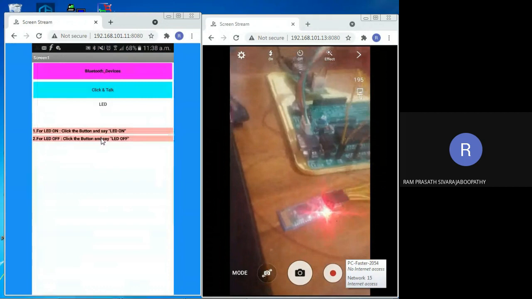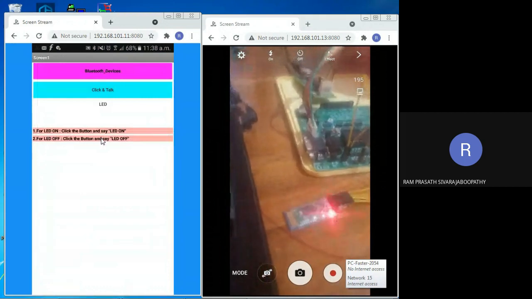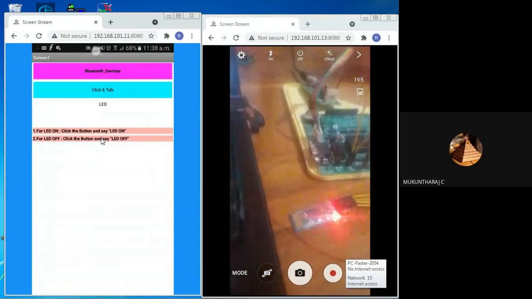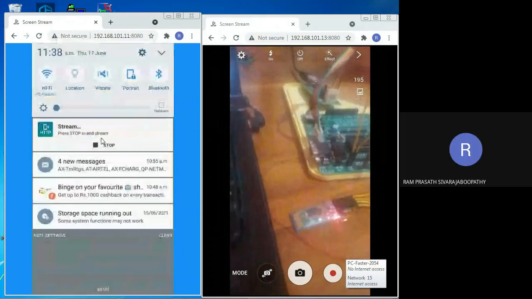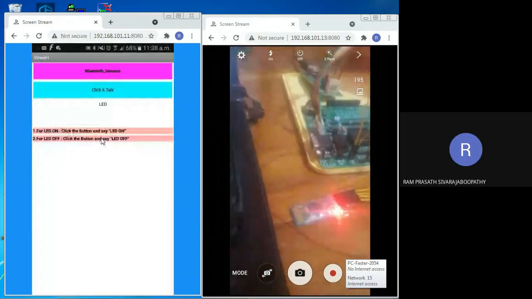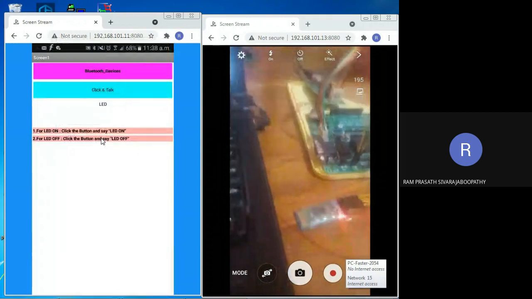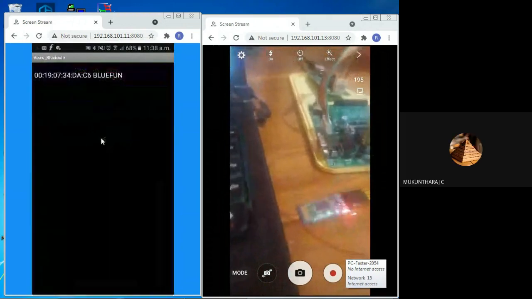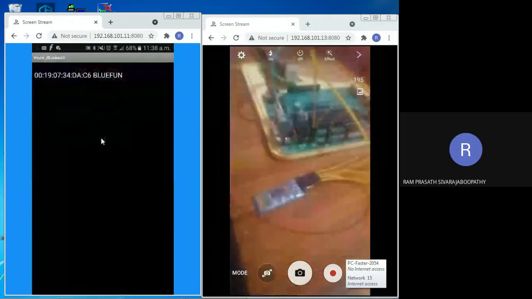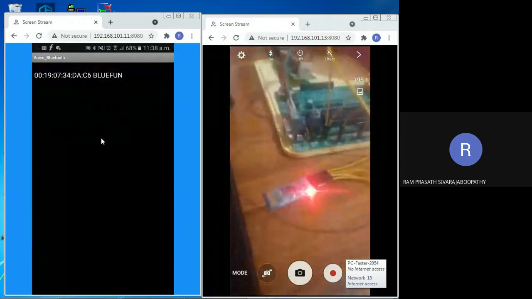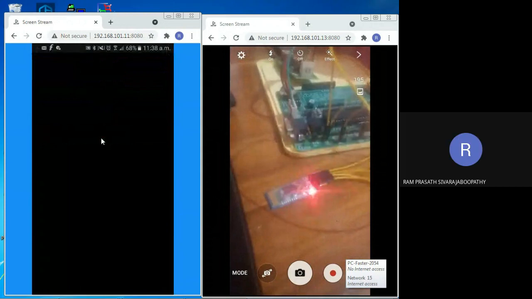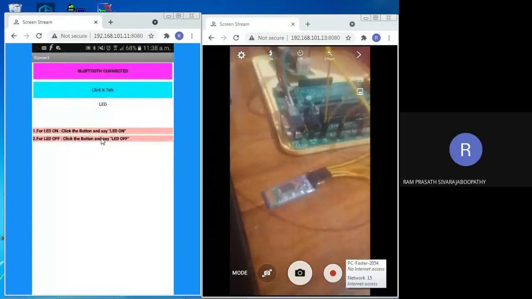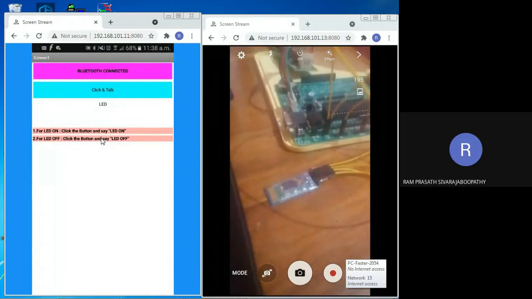So now what I have to do is enable the Bluetooth device. Already it is enabled. Yes, you can see here. Okay, so now I have to say LED on, correct? So I have to click on this and say LED on. Before that, click on Bluetooth device. Yes, I am selecting this. Now you can see previously the LED blinking was at a very fast rate. Now it is blinking very slowly. That means it got connected properly. You people can see the hardware parallelly.